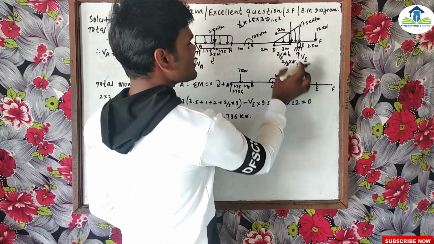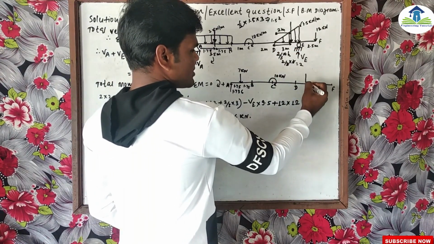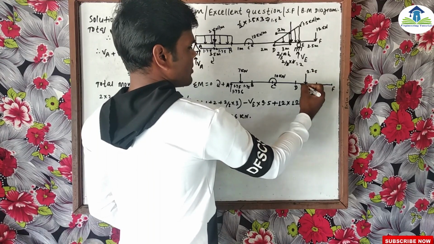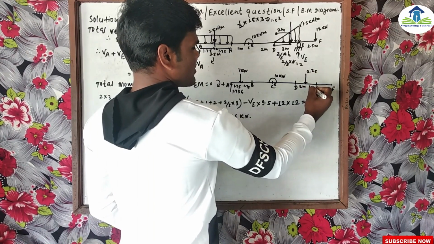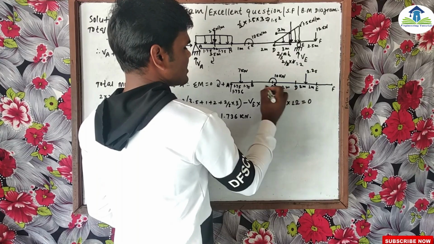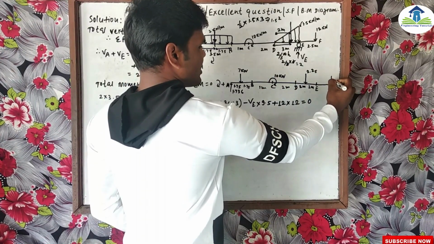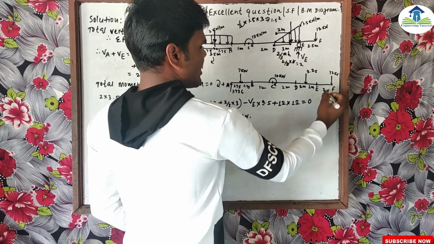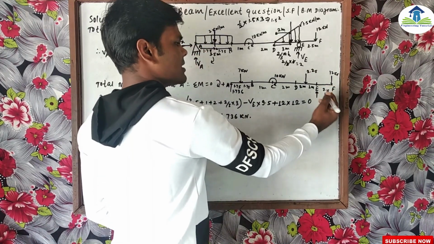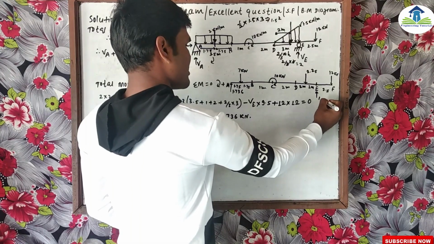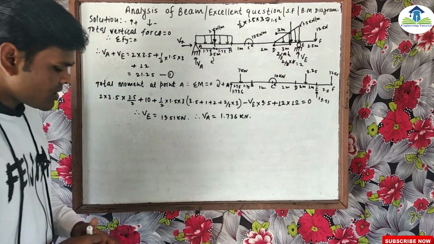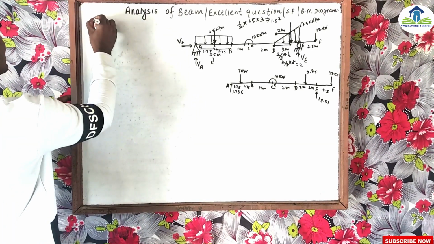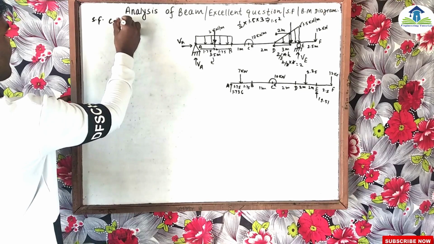At point C, this is the 10 kN-m clockwise moment, which is given in the question. And from D to E, at what point is this total force acting? This is at 2 meters, 1 meter, and this is also a 2 meter distance, this is also a 1 meter distance, and here this is the 12 kN-m moment at a distance of 2.5, and the total vertical force at point E is what? This is 19.51 kilonewton. So we are going to calculate the shear force diagram, the shear force calculation.